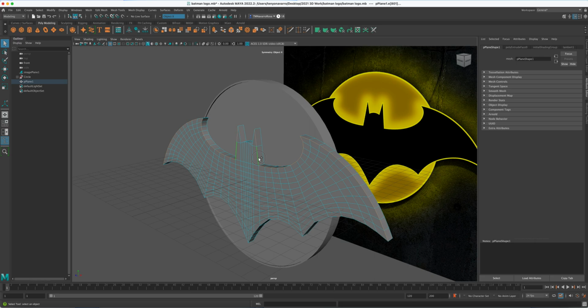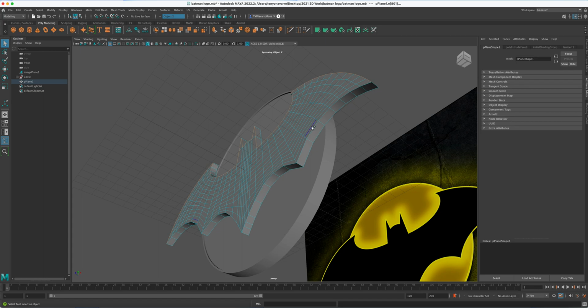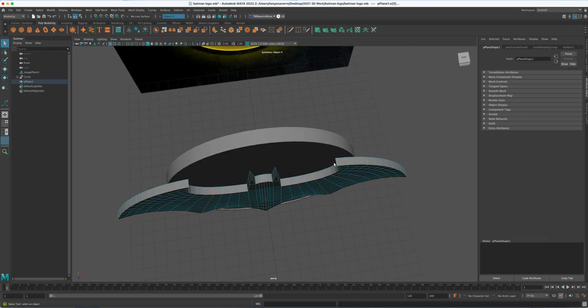Shift double click, shift double click, shift click, double click. And we're gonna go all the way around the signal. We're gonna take that one because that's a sharp edge, and this one, it's a sharp edge. That edge, shift double click. Everything